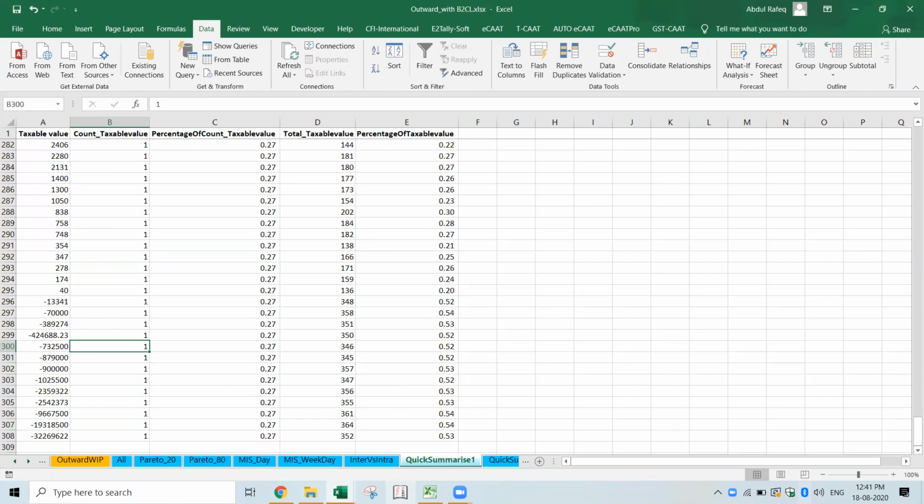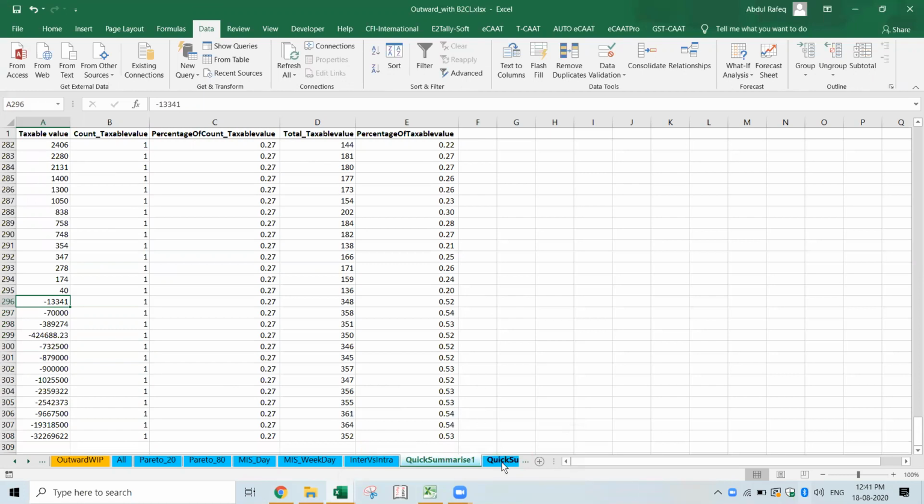And I also know the number of transactions which are negative. Why negative has come, I'm not sure. You may be knowing this better. So we need to go to the transaction and see how it is. But it will give some indication. It will give at one glance the complete information.